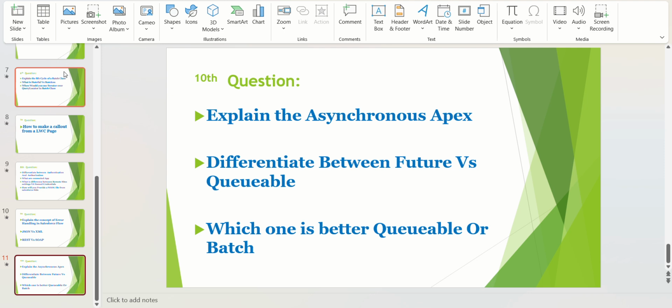So for this kind of question, we can't say that one is better than the other. Basically, all have their own use cases. So we have to try to be politically correct, and say that both have their own use cases, and it can be used